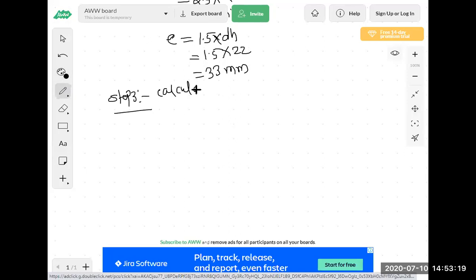Calculate design shear strength of the bolt. So VDSB is equal to,